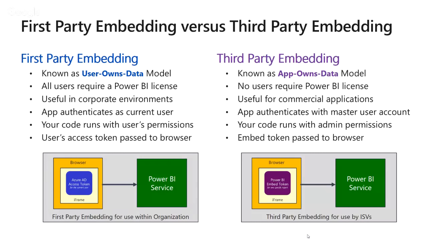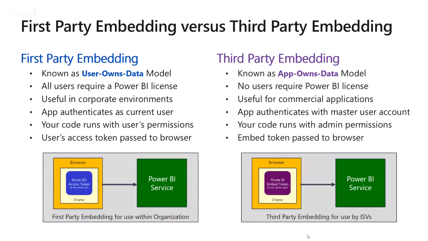Now, third-party embedding today requires that you create a master user account. The master user account is something we won't have to create pretty soon, and I'll talk about why. But today, the requirement is that you create an Azure AD account in the tenant that has your app workspace. We then make it an administrator of the app workspace. When the master user account authenticates, it has full control over everything, and you have 100 different users coming in. Yet for any one of those user requests, we're going to call into the Power BI Service API with the